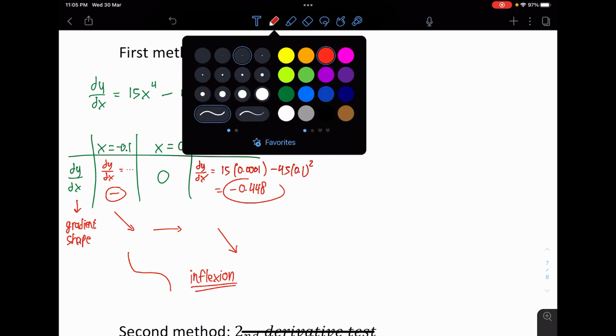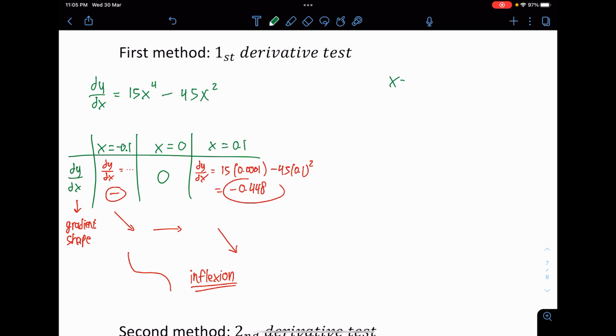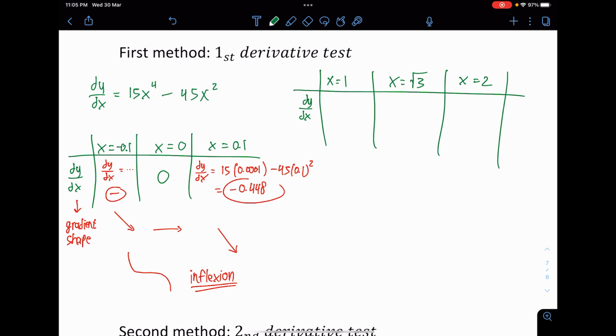Second, I will also try using the square root of 3. The square root of 3 is somewhere around 1 point something. So maybe we try a number greater than that, 2, and a number lesser than that, 1. Lesser than square root 3. Notice that I use an integer to make it easier. But again, please don't put too far away from the number square root 3. This is going to give you 0.